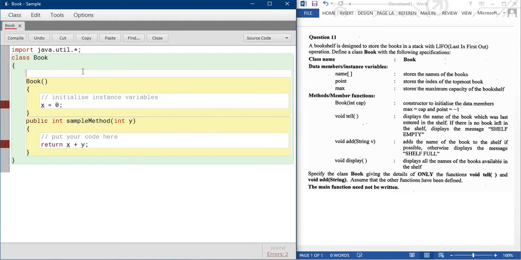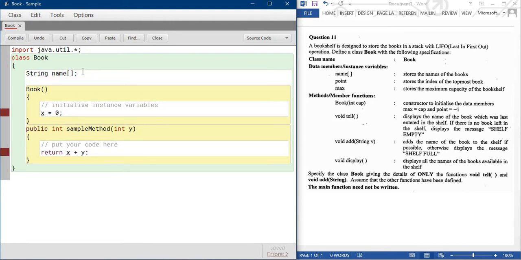So I'm writing String name[]. Point stores the index of the topmost book, so we use int point.